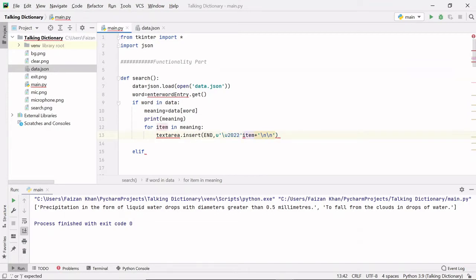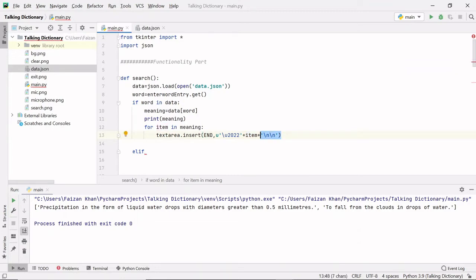Okay, so this is the code, and then we need to write plus here. Why this plus? This plus will simply concatenate this string and this item variable and then this string, two new line characters.